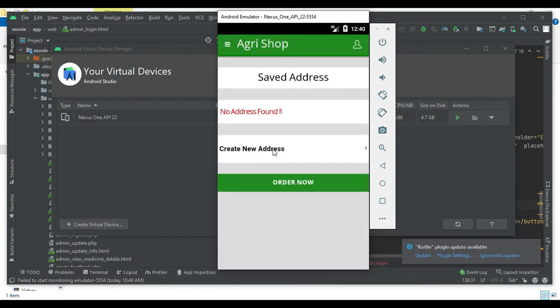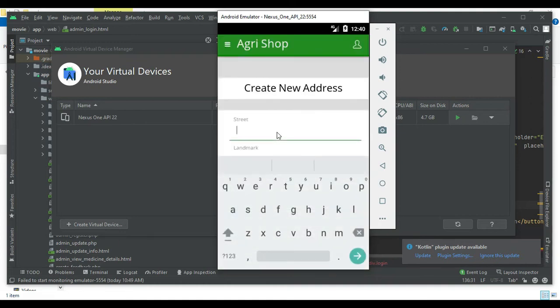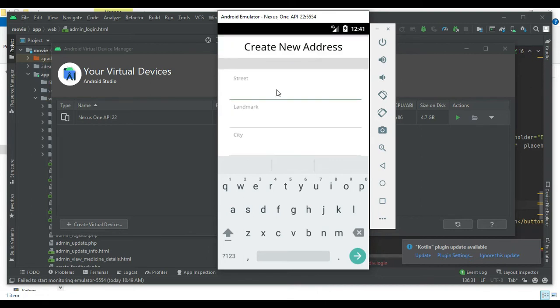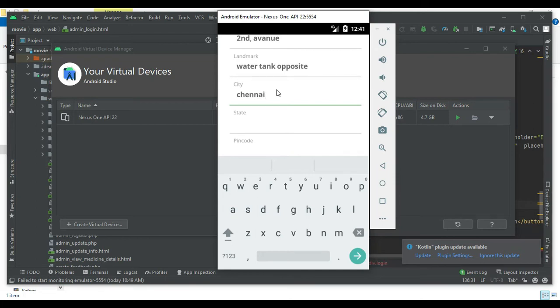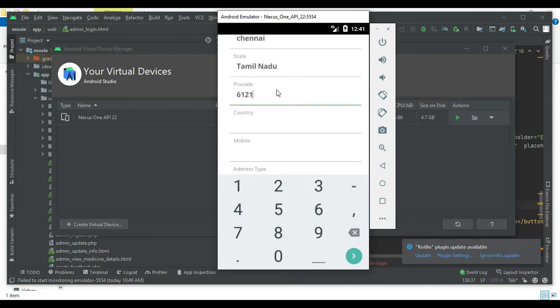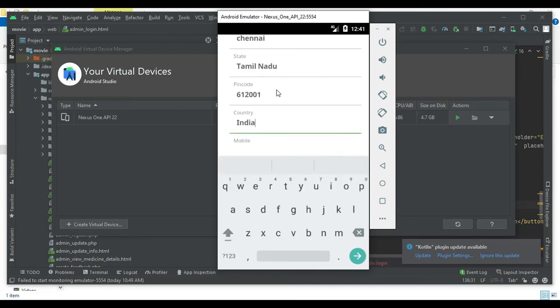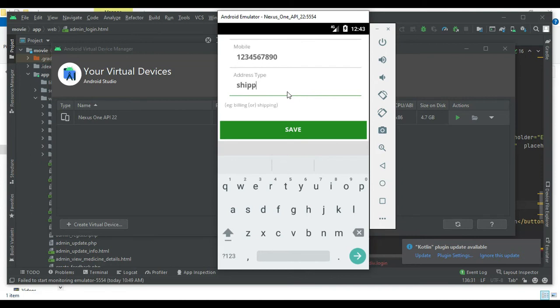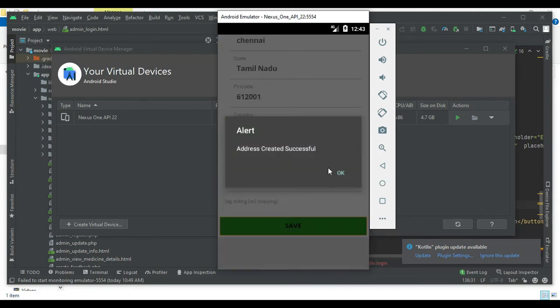If you are a new user, you have to add your address. So you have added the address successfully.